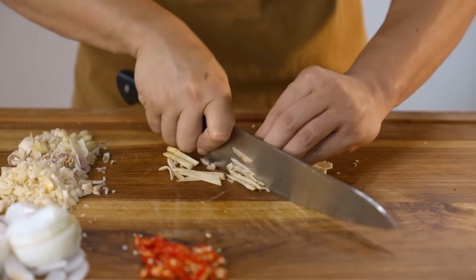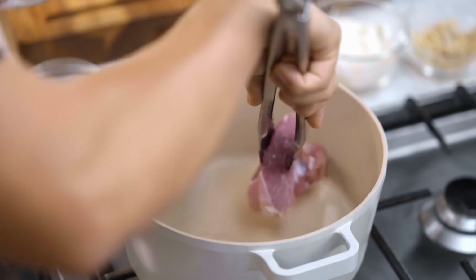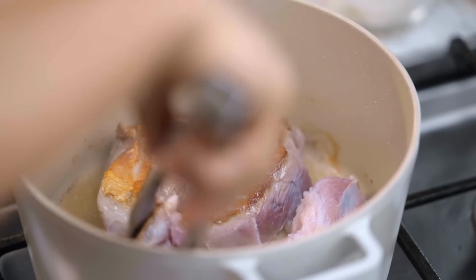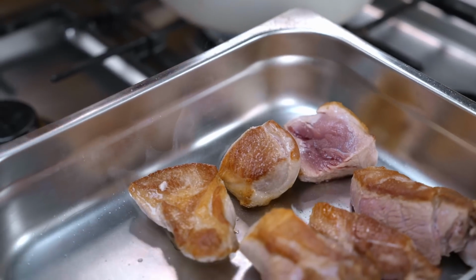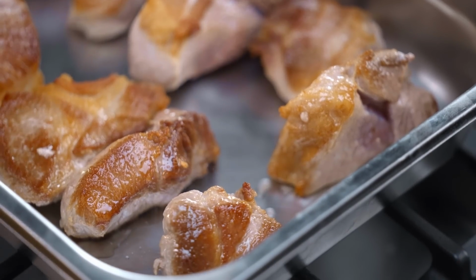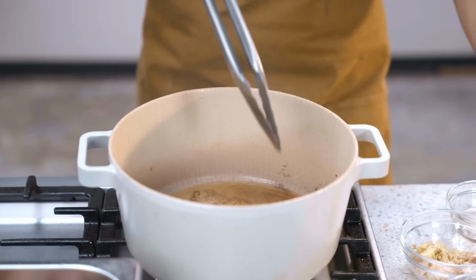Okay, now we're done with prepping our veg. Now it's time to cook the dish. Okay, so in a very hot pan, we want to add a nice sear to our pork. Oh, there we go. Now that we've built up all this flavor inside the pan, we are gonna saute our